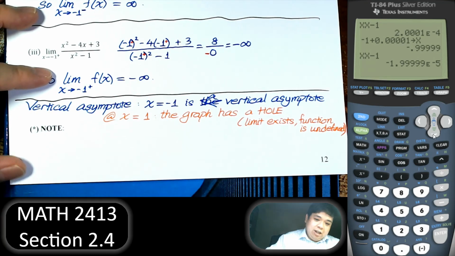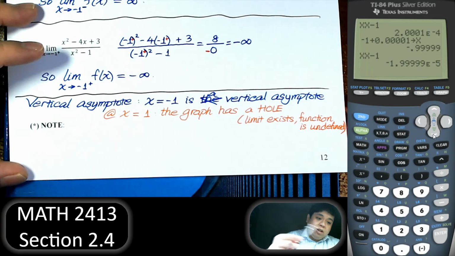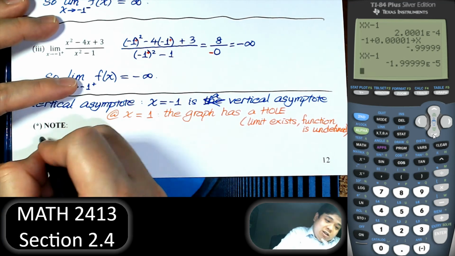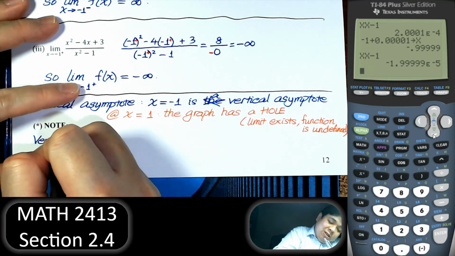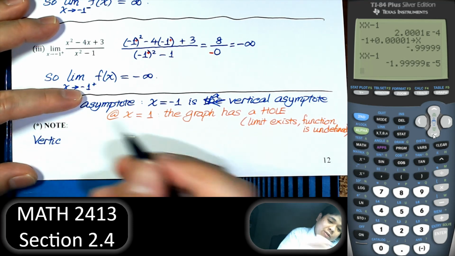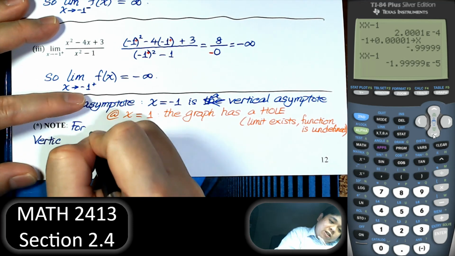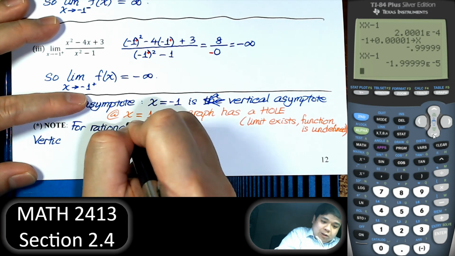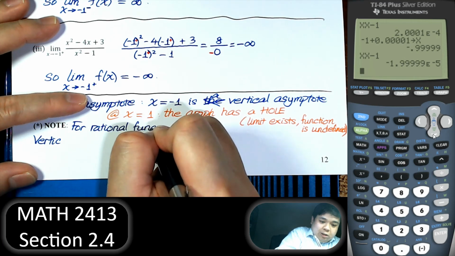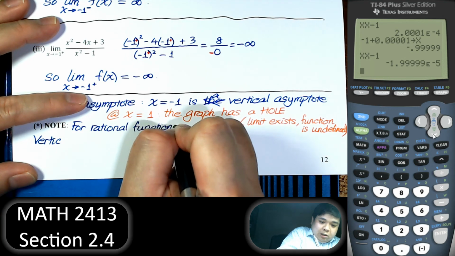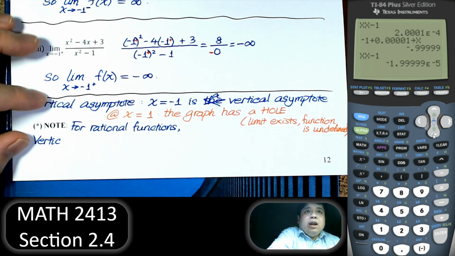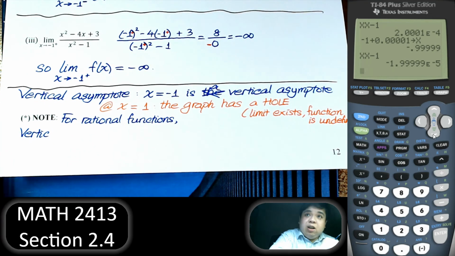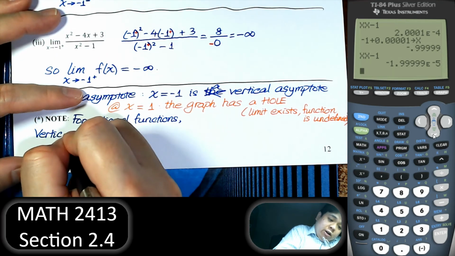So what I say here is, after all of this, we say vertical asymptote occurs, for a rational function. Could be more than just rational functions. Anything that has a quotient form, the vertical asymptote